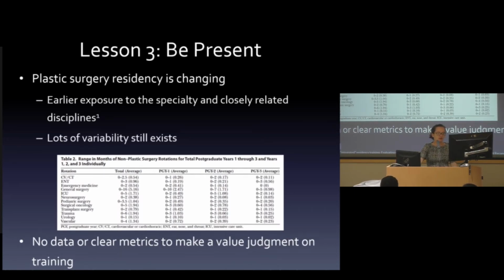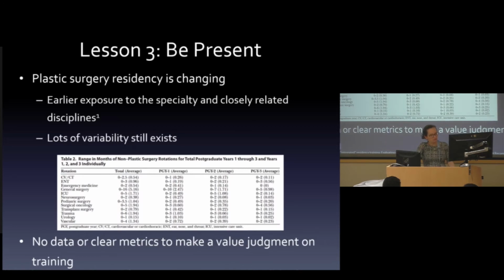So how can you make a value judgment about that without any data? There's no data that shows what training system is better. And honestly, if you really thought about it, it'd be hard to figure out what metrics to use. On the one hand, I would never have considered using a perfusion pump if I hadn't rotated through transplant surgery. But as all the trainees that have come after me get farther and farther in their training, it's very clear that they're probably going to reach levels of competency with plastic surgery procedures that I won't have. So how do you make a value judgment on that?